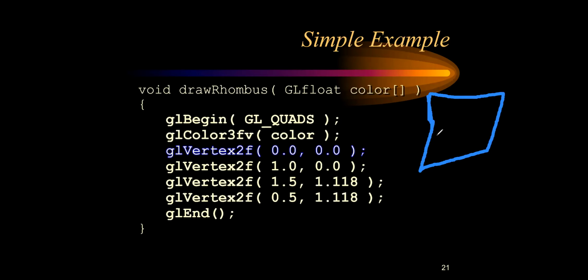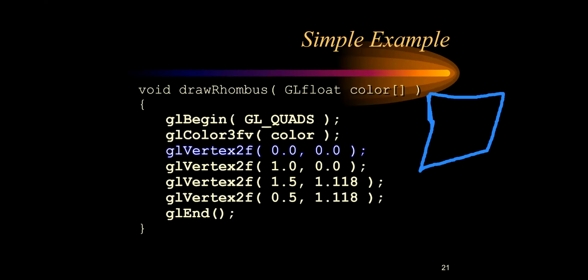Now I know that if I want to draw the quad, you can write a function named draw rhombus or anything; this is just a function name. I have started with GL float because I want to give floating values, and also I want to give some colors. Fine. Now I want to start. I told you, whenever you want to start writing any program, you have to start with GL begin and end with GL end. So first you should write GL begin and then you should write GL end.